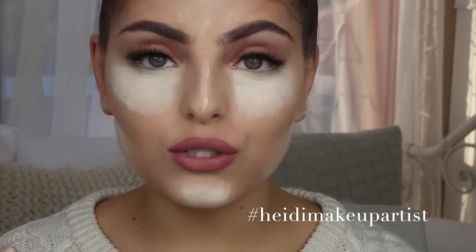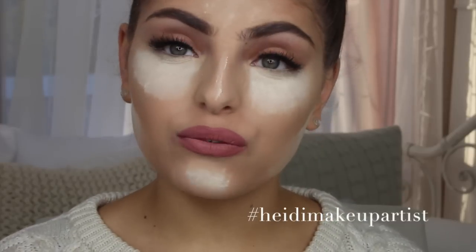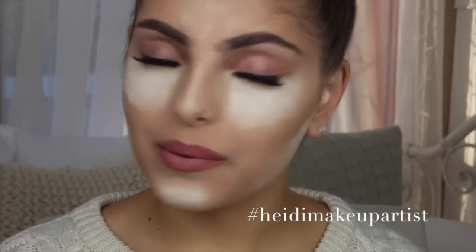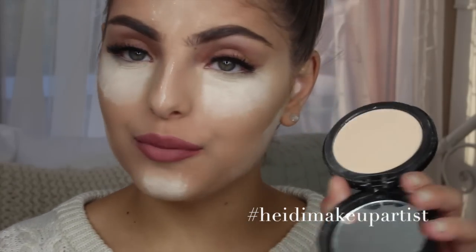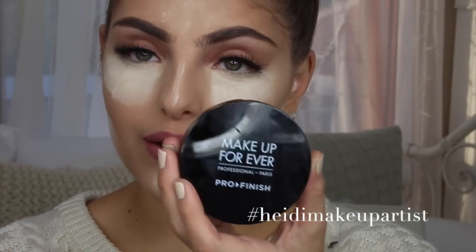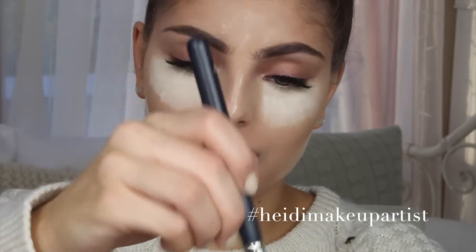Okay, so I've let that sit there for a good 5 minutes, and now it's time to dust the powder off. Now, most artists, when dusting it off, will just take their brush and dust it off straight away, but I like to do it a little bit differently. So what I like to do is take a coloured pressed powder. This is the Makeup Forever Pro Finish in the shade 117, and I like to swirl my brush in that,